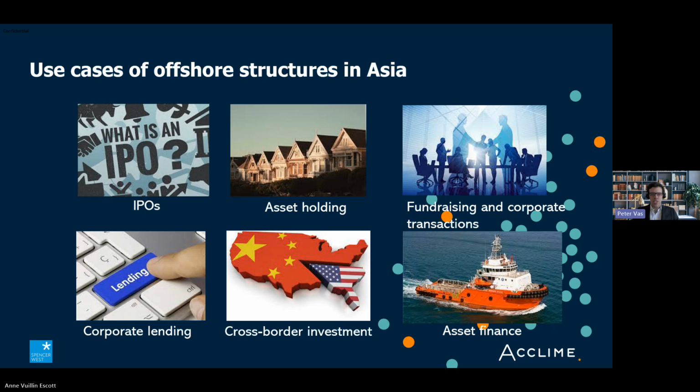So let's start with something that Saji has already briefly mentioned, IPOs. Now, most of you probably know that offshore jurisdictions have historically been very popular for the purposes of listings and raising capital. As an example, over 80% of all companies listed on the main board of the Hong Kong Stock Exchange are incorporated in offshore jurisdictions such as the Cayman Islands, Bermuda, and to a lesser extent, the BVI. And as Saji has mentioned, most of those offshore companies on the Stock Exchange of Hong Kong are Cayman incorporated.